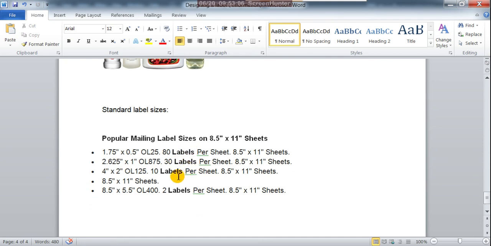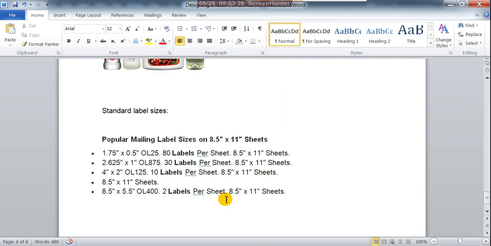Then 8.5 into 11 sheets. Here 8.5 into 5.5, 2 labels will come because the size is very big. On 8.5 into 11 sheets, you are creating the big size of 2 labels. That is 8.5 into 5.5. You will get 2 labels. Okay, so these are the standard label sizes.